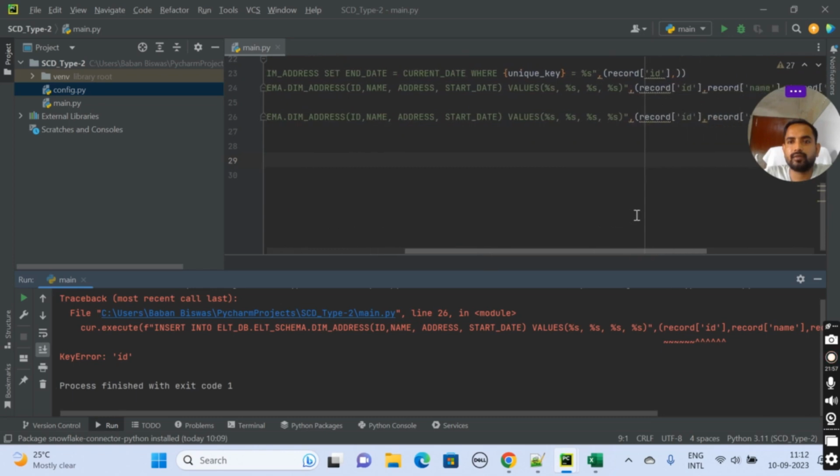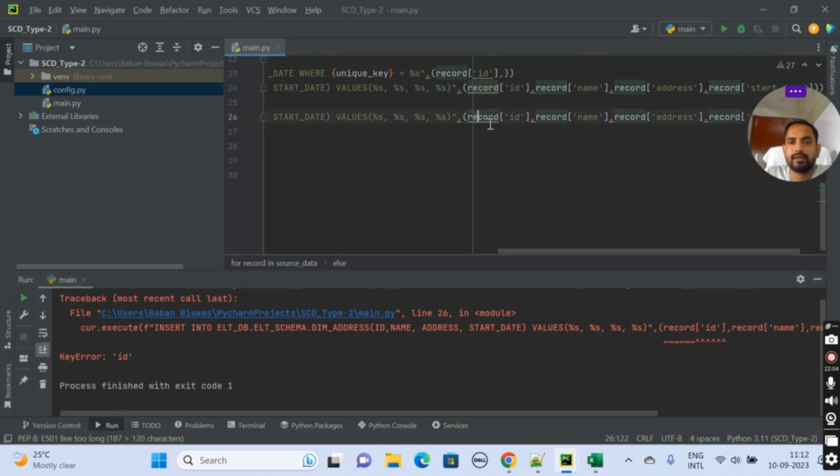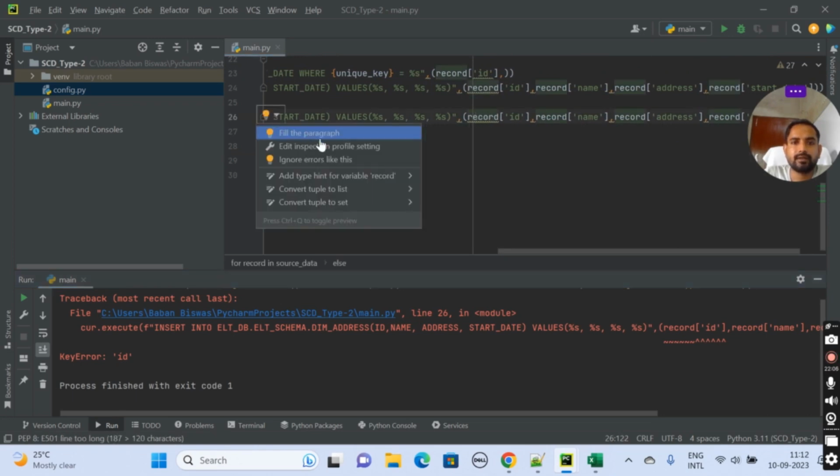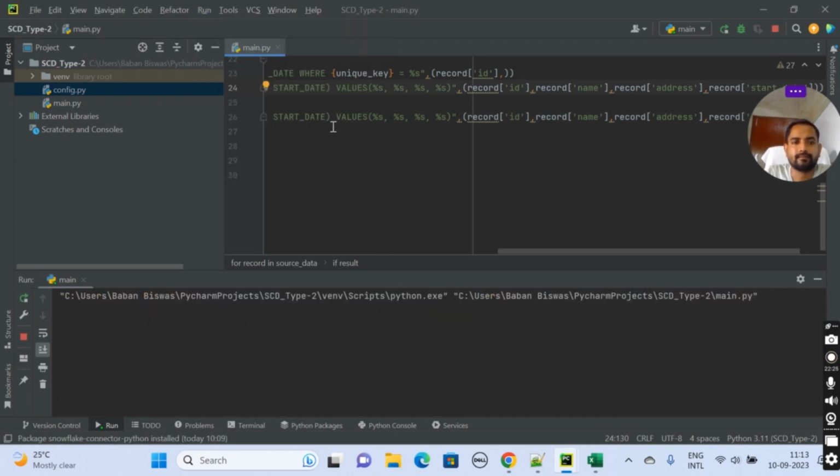Insert into table values, comma record comma id. Why is it like this? Let's see. Okay, I think there is a spelling mistake. You see, I have some tilted sign, I think that is not correct. Now let's run it once again.